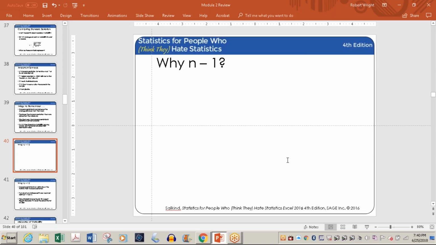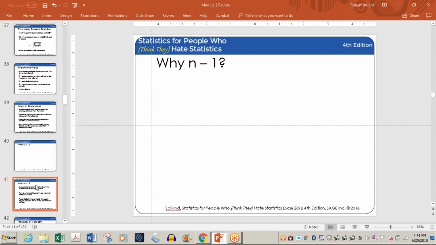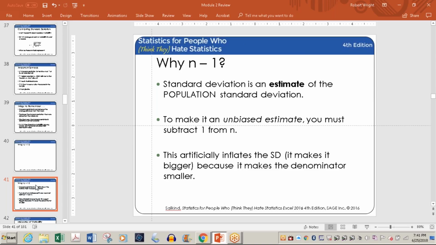Okay, and by more inclusive, I'm talking about what's called an unbiased estimate. Again, why they termed it that, I don't know. But basically, it's fudging a little, erring on the side of caution, so that you can make the standard deviation a little larger, because going back to the formula here, when you go to n minus 1, that makes the denominator smaller. That'll make this larger. It's just to include a little bit more. They'd rather err on the side of being more inclusive than rejecting something that they shouldn't reject. And that's basically why you see n minus 1.